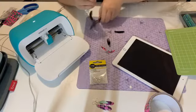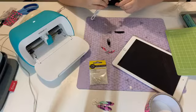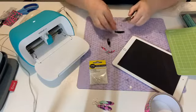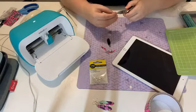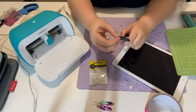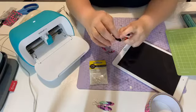Just for holding, because my fingers are just terrible today. There we go. So I've opened up the jump ring and I actually have to put 2 in just to get this together. So I'm just attaching them, sliding the jump ring onto the hook and then